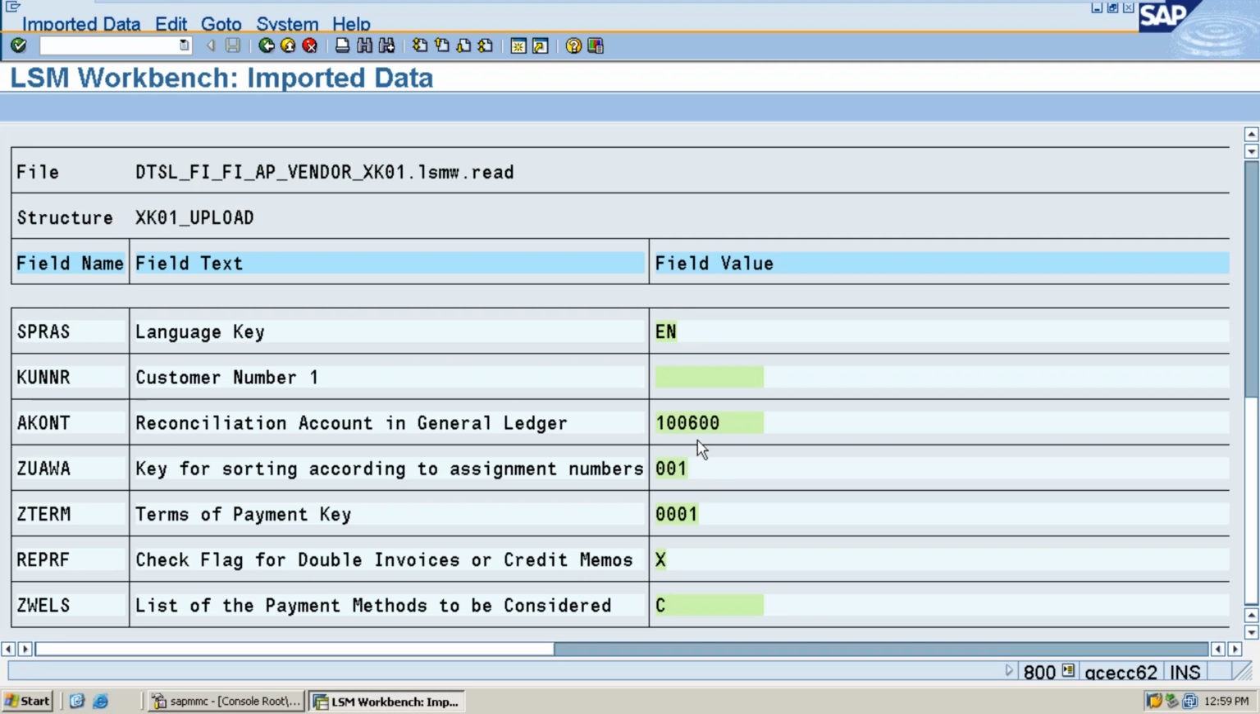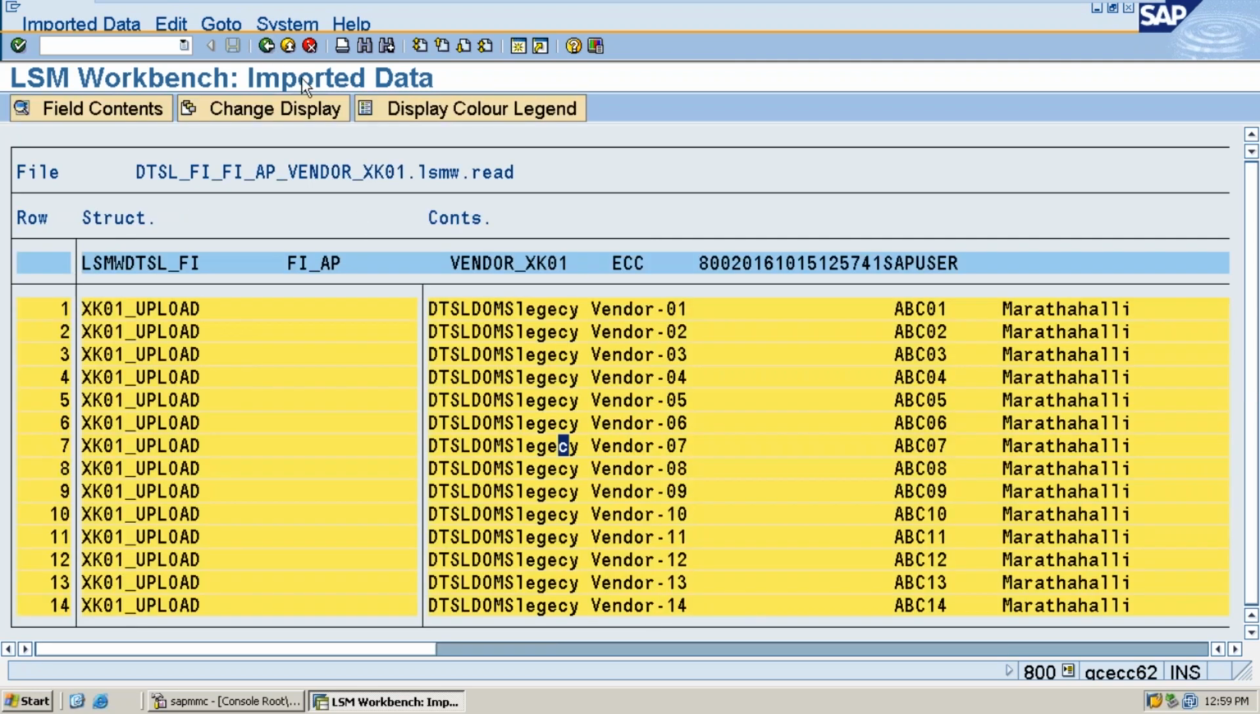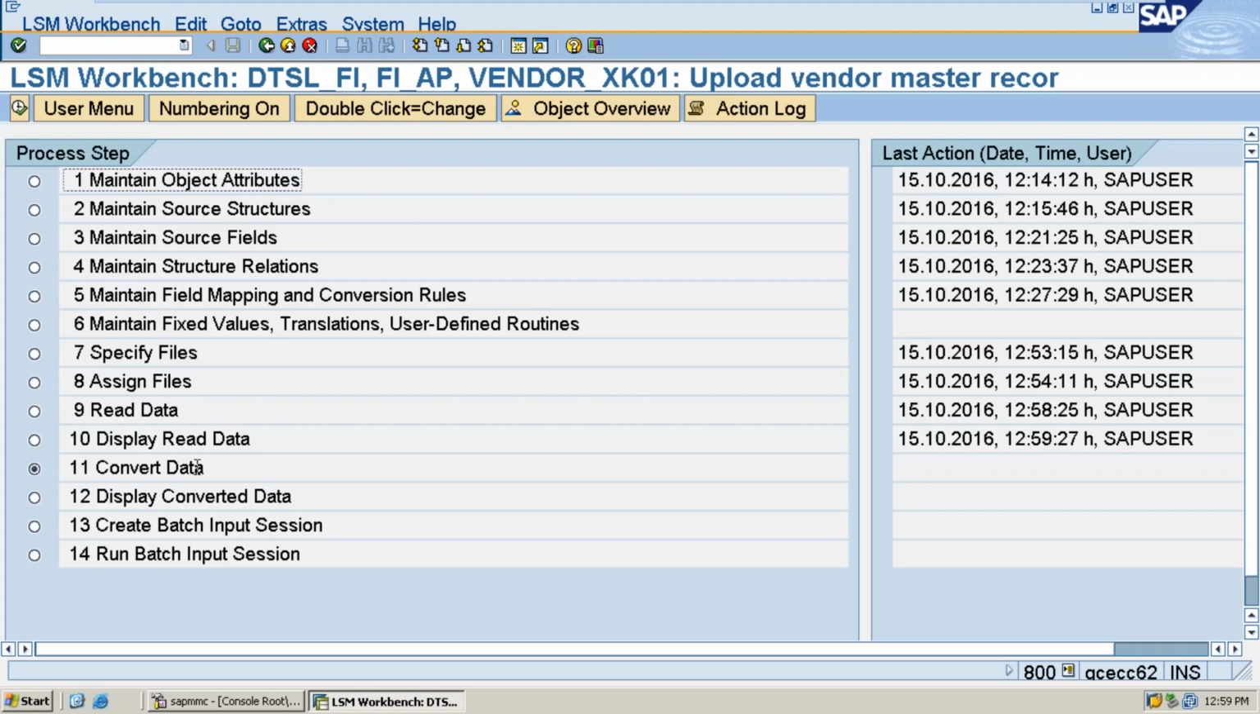Wait for one more minute. Now perfectly loading, no issue at all. Now what to do? Convert data. You may have a doubt: what is convert data? Read data means as it is, whatever you are putting into the SAP system, the system will read out and display that value. Convert data means based on the conversion rules you specified. For example, in the source file I have updated company code 2000 for the uploading file,